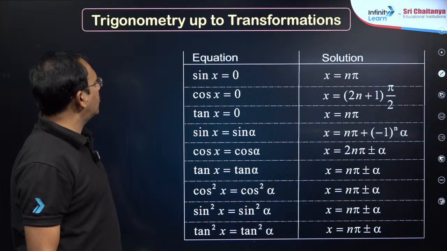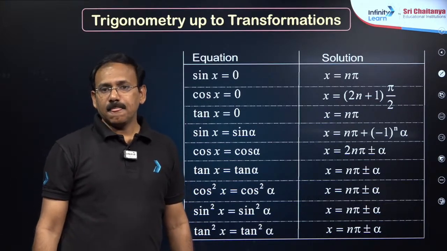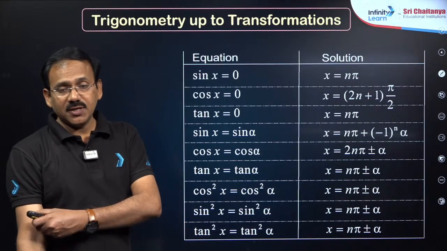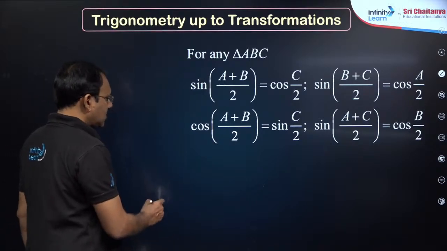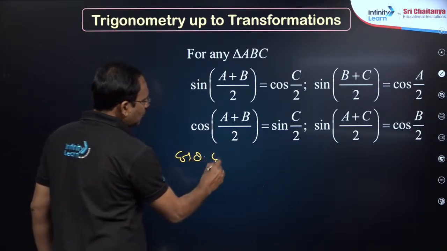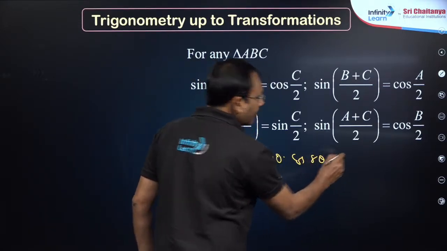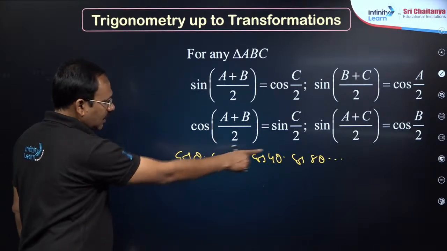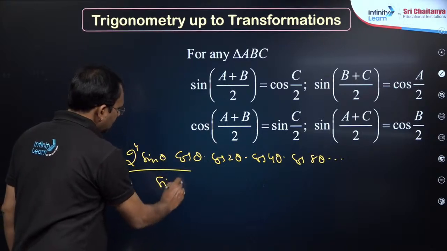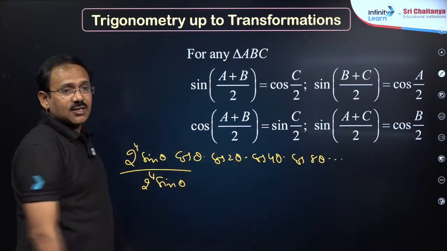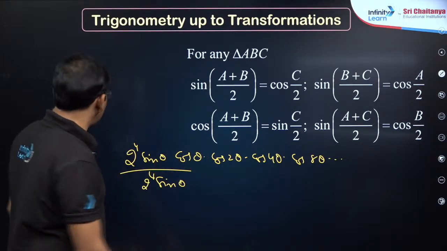This is for trigonometric equations. Before that, my dear friends, certain results related to compound angles, multiple angles, transformations. One thing is important that I'd like to highlight, dear students: if you are given problems like cos theta into cos 2 theta into cos 4 theta into cos 8 theta, we just multiply and divide by 2 power 4 sin theta, since there are 4 terms, so that you get a chain reaction: 2 sin theta cos theta is sin 2 theta, and it gets simplified. This is one result.